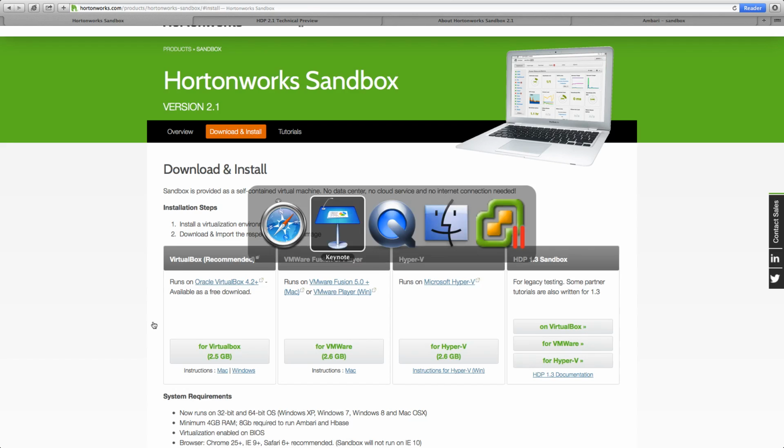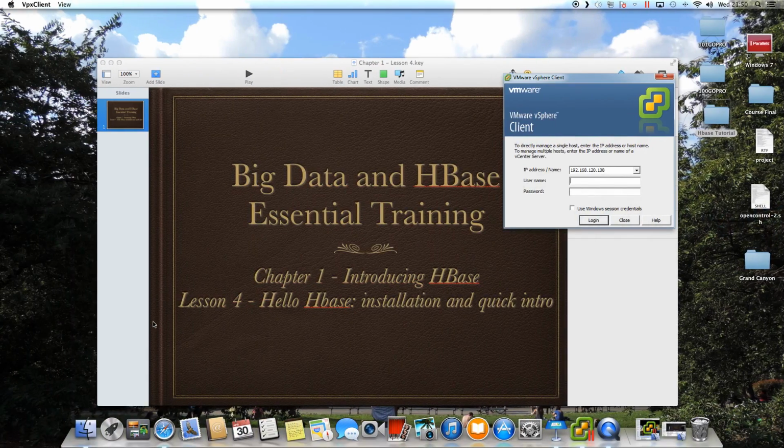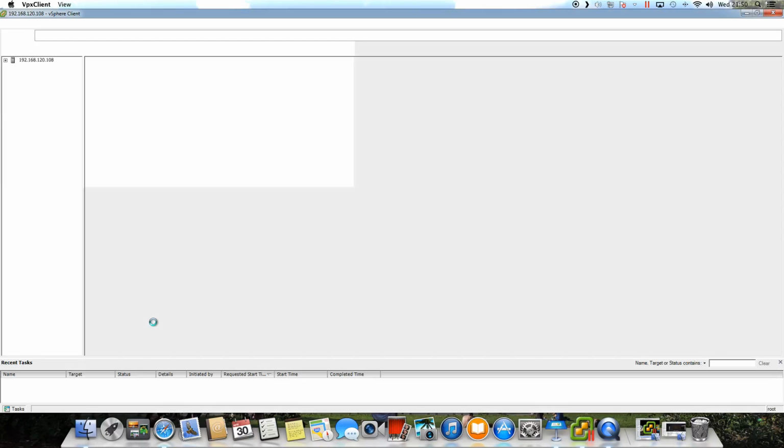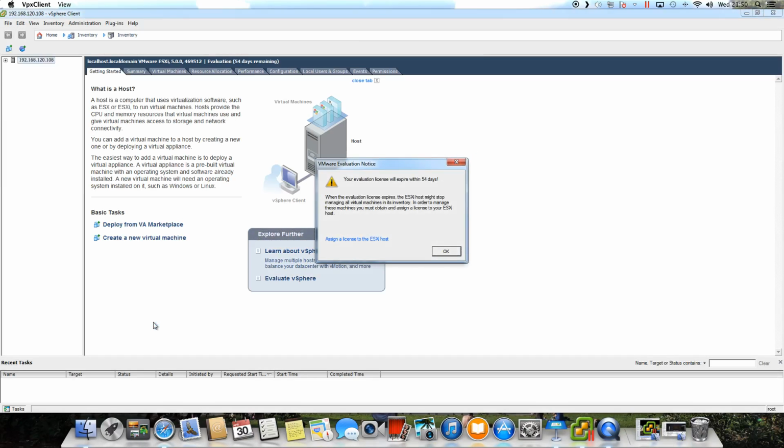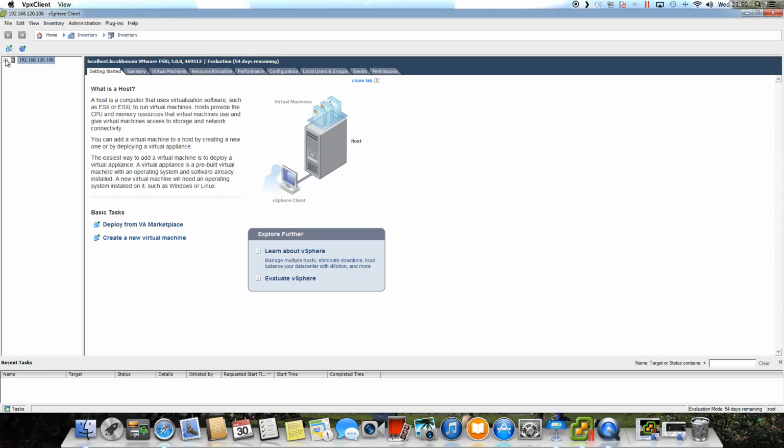So let me connect to my VMware installation. So go with root and the password, and just a few moments. Probably you know that the VMware vSphere client is only working on Windows platform, so I'm running on Windows 7 VM on coherence mode, so I can access the platform. You can see that I already have the Hortonworks sandbox over here running, but let me show you how to